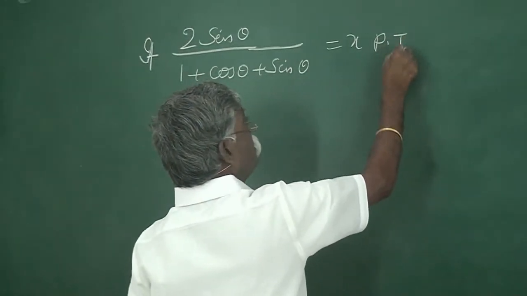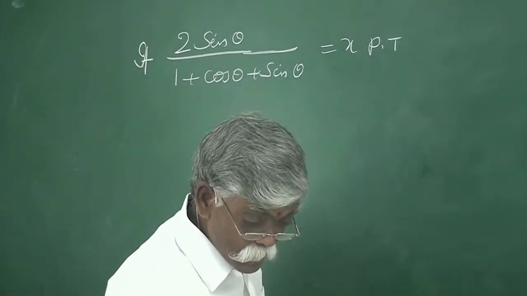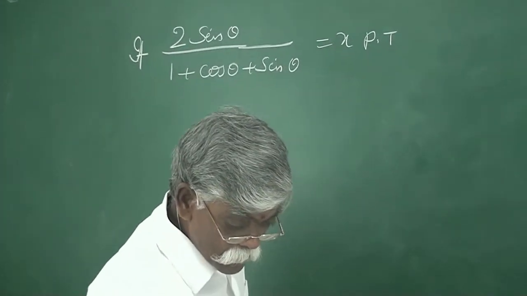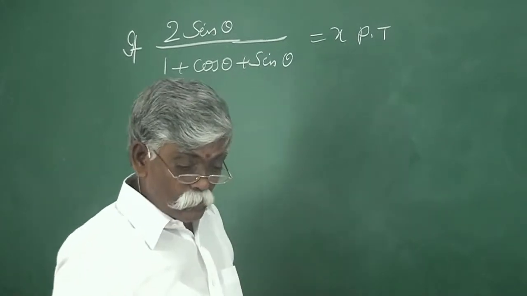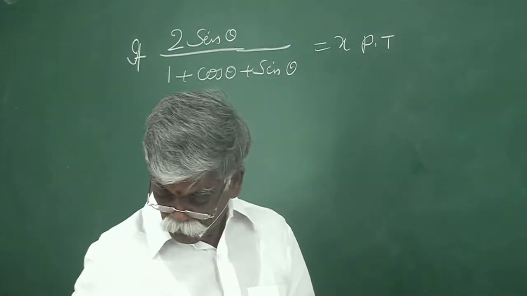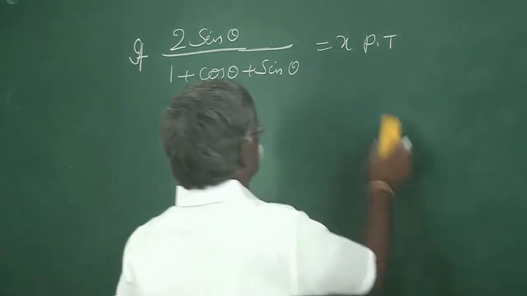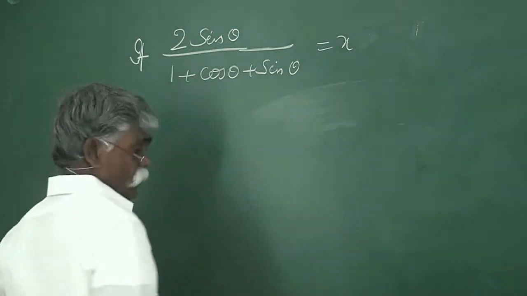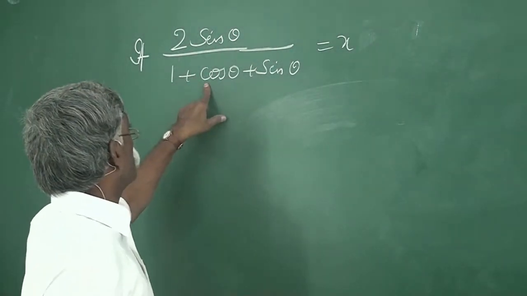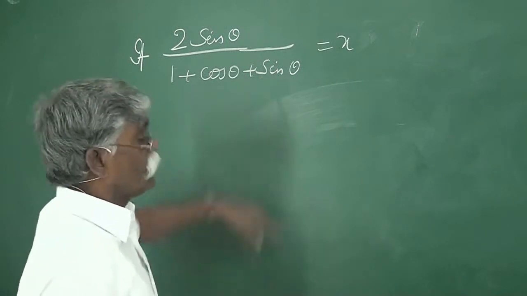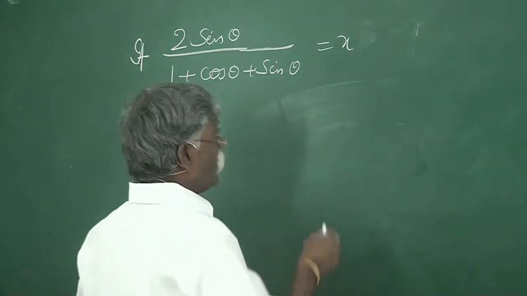Prove that... not prove that. If 2 sin theta by 1 plus cos theta plus sin theta is equal to x, find the value of